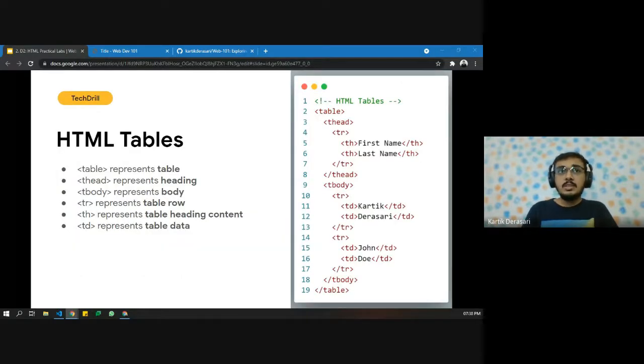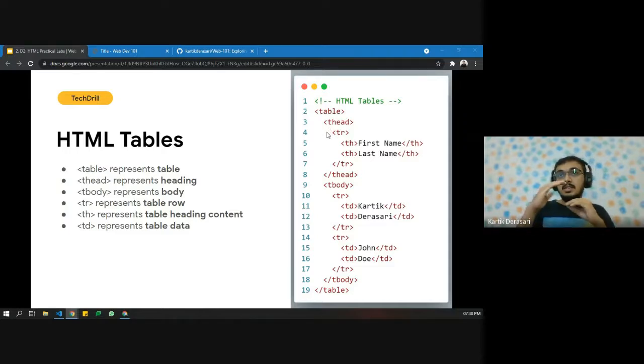Now let us see how we can create tables using HTML. So here we have the table tag. Whenever we want to create a table, we need to wrap all the code inside the table tag. Then we have the table heading. Whenever we want to create headings inside a table, we need to use the table heading tag.